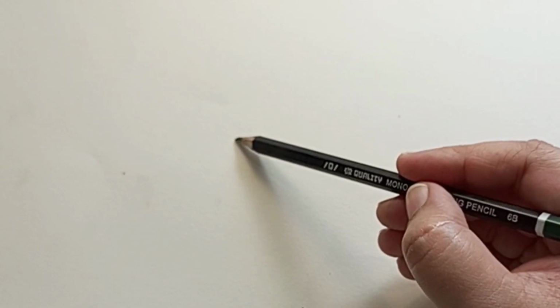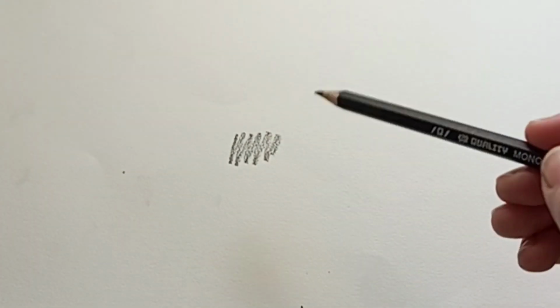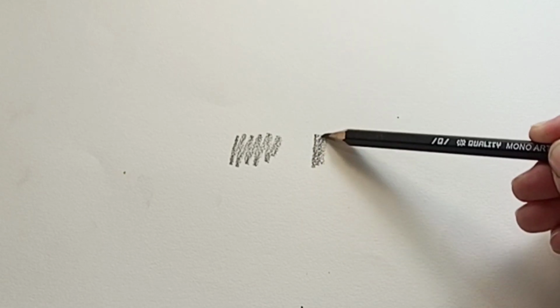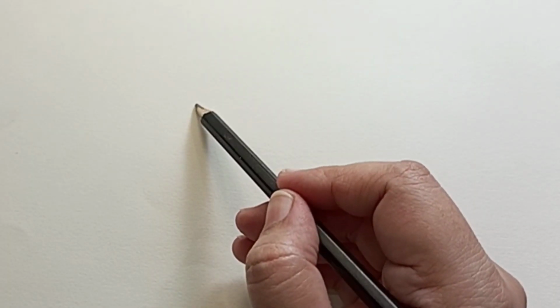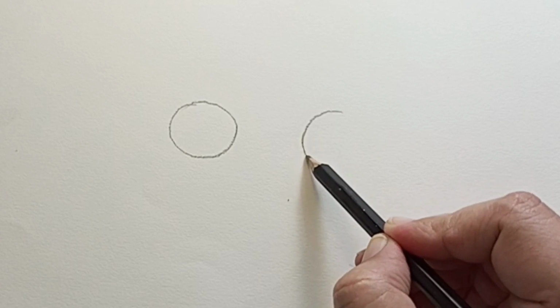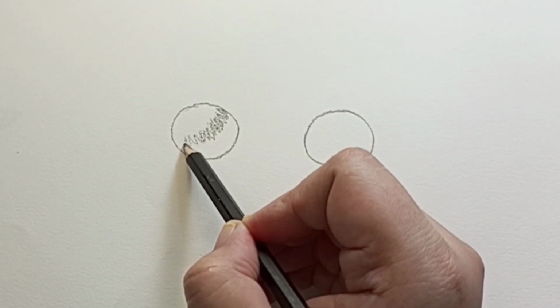Smooth shading. Shading smoothly is an art in itself. Eliminating major gaps between strokes is essential. The emphasis here is on keeping those strokes close together to avoid the dreaded dark stripes and maintain a seamless